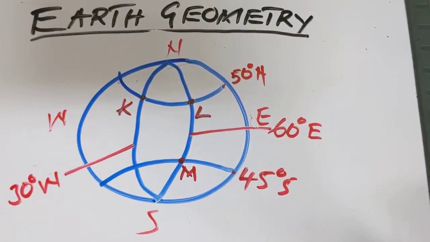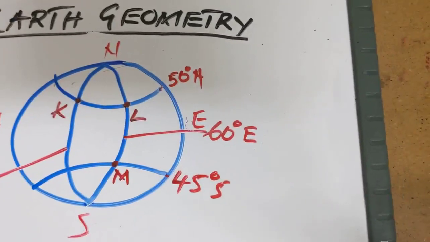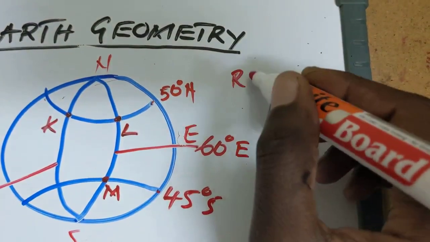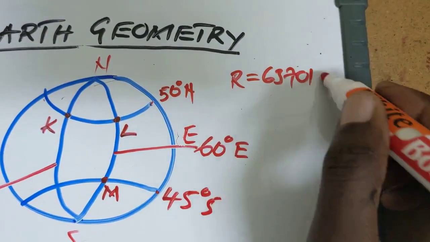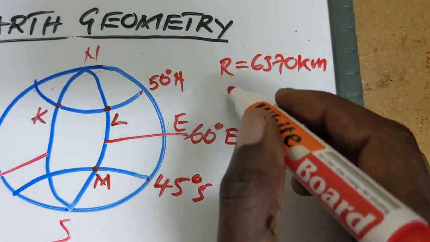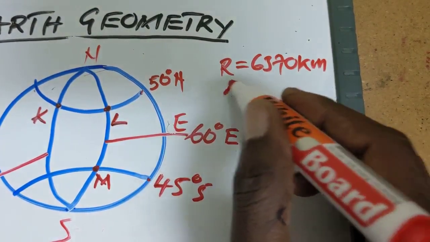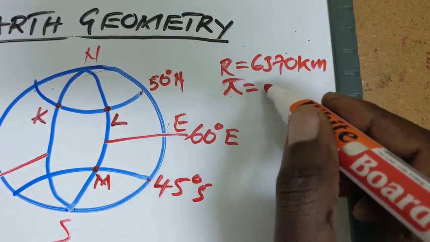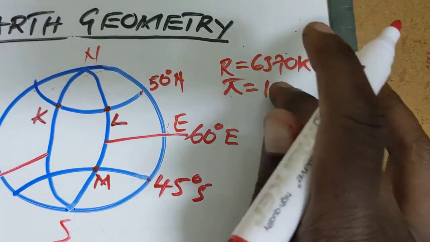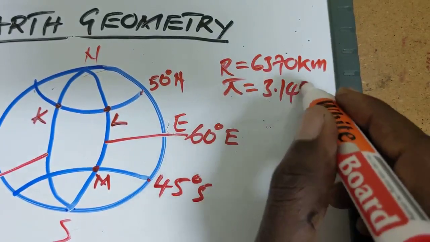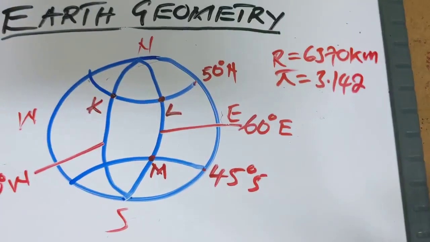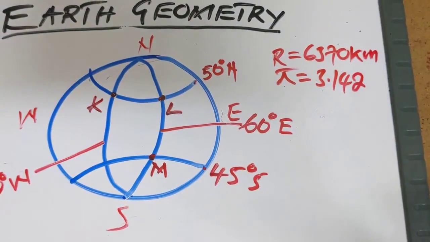And they actually gave the radius, and the radius was given to be 6370 in kilometers. Then the pi was given as 3.142, like that. And the first question, number one, was saying that we should find the difference